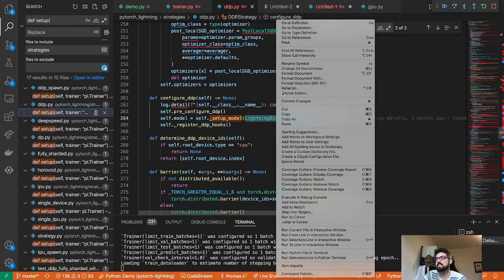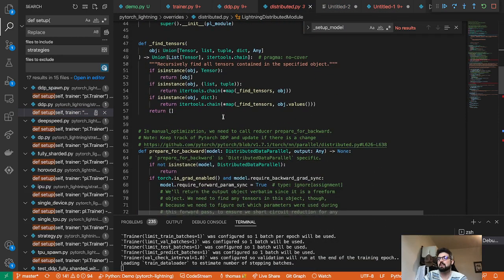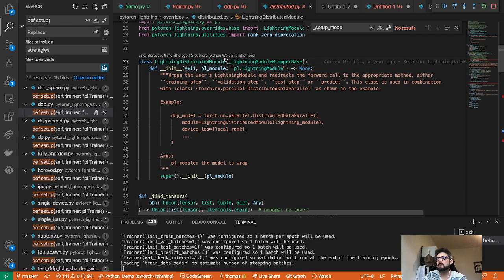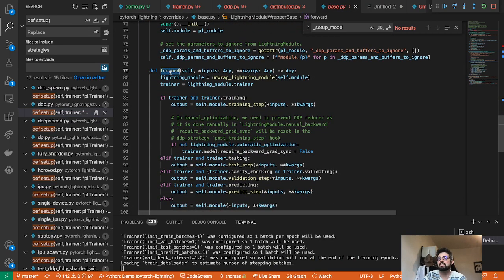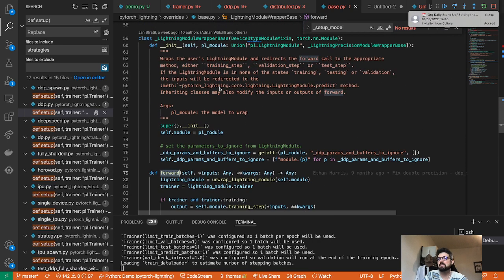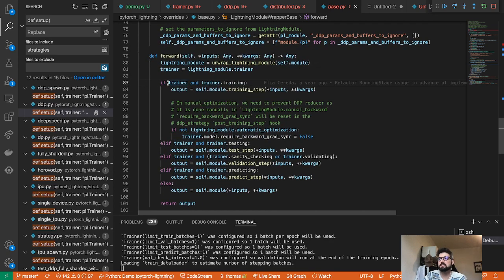And if we check what this Lightning distributed module does, it's actually not too complex. Let's see what it does. It's actually a wrapper. When the forward method is going to be called, that object has a reference, and we can extract the trainer. The Lightning module has a reference to the trainer, and with it, we can route. So if the trainer is defined and we are actually training, then we will be calling the training step of your Lightning module,